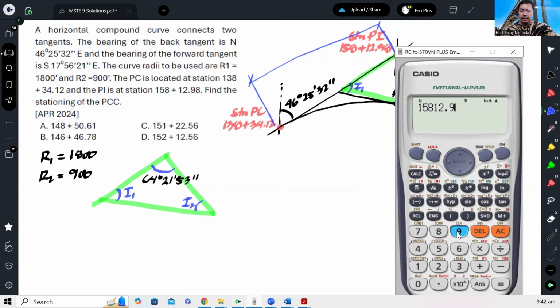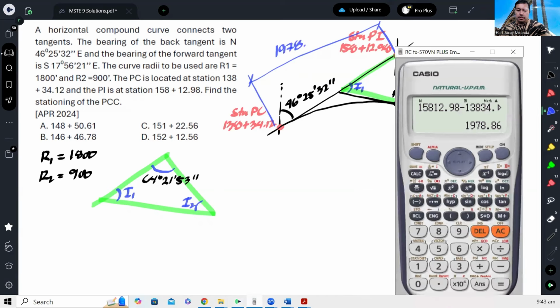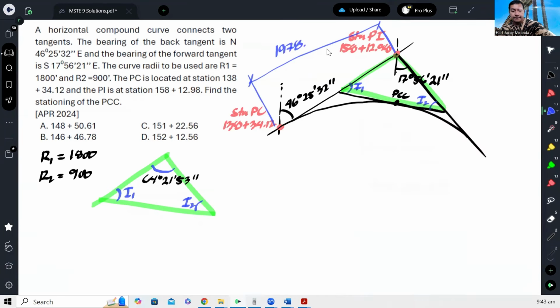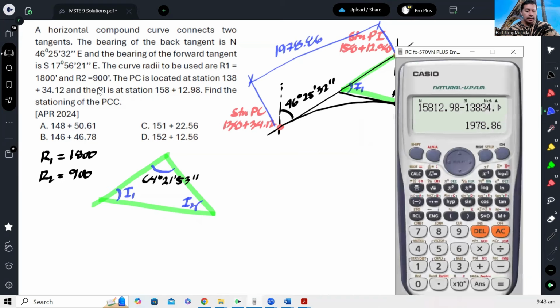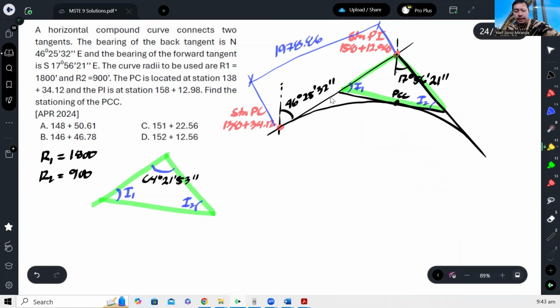Tanggalin muna natin yung plus. Minus yung station sa PC, 138, 34.12. So that is 1978.86. Okay? So again, 158, 12.98 minus 138, 34.12. Okay? So ayan. 1978.86. So ibig sabihin, kung titingnan natin maigi, hindi ba ito at saka